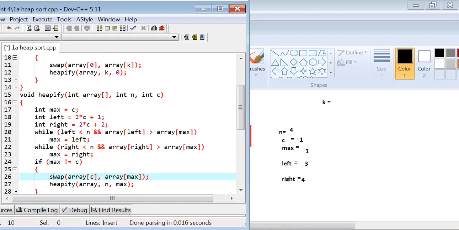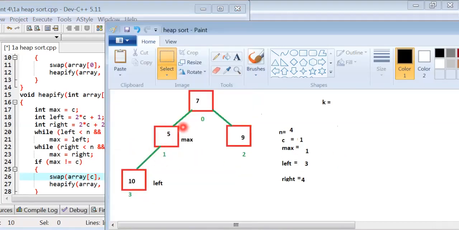Left less than n: the value of left is 3, n value is 4. Condition is true. Then left greater than max: the condition is false, left is not greater.